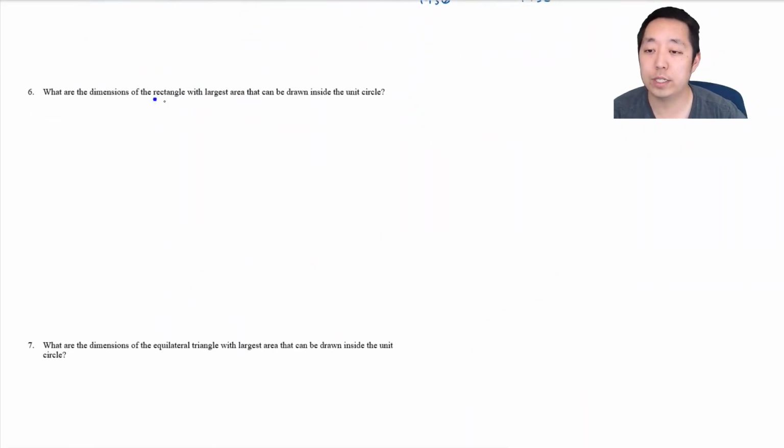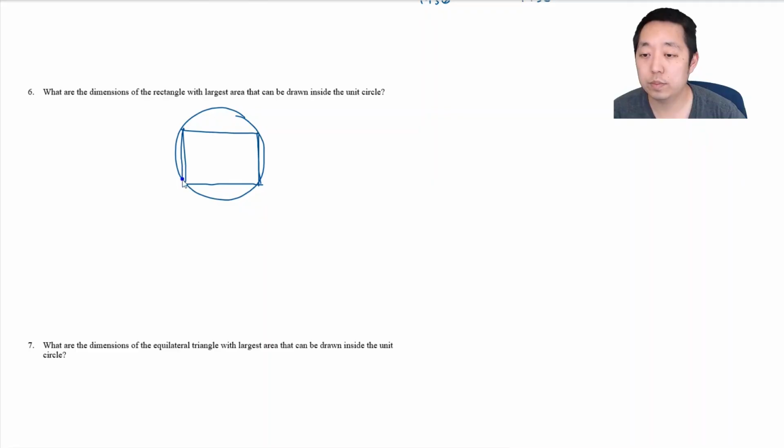What are the dimensions of the rectangle with the largest area that can be drawn inside the unit circle? So I'm going to draw a rectangle in here inside of a unit circle. There's a couple of ways we do this. I'm going to say this is the value xy. Okay. If I were to draw it on axes,